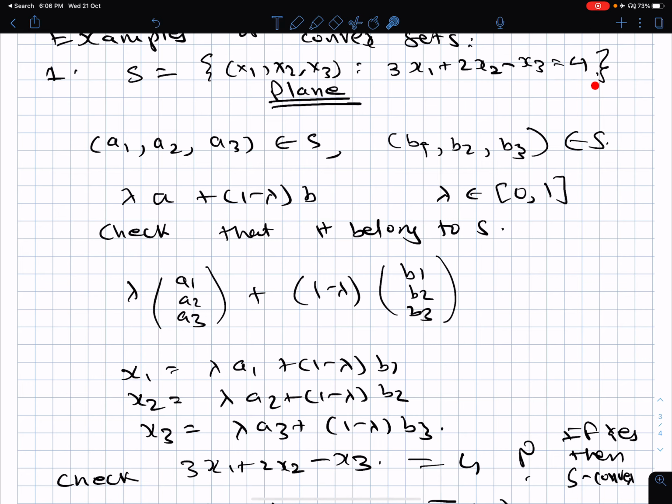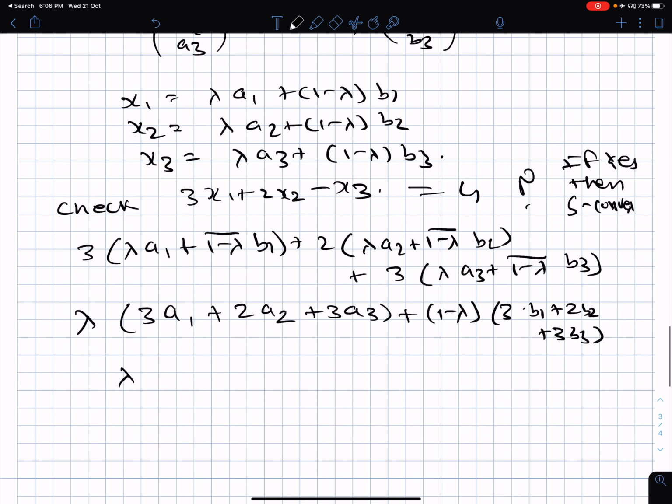It is 4 because this is A, the point A belongs to the plane. So therefore this becomes lambda times 4 plus 1 minus lambda, again the B point is, this is the description of B point, and the B point also belongs to the plane. So therefore this is 1 minus lambda times 4 again, and therefore this is equal to 4, which means that the convex combination